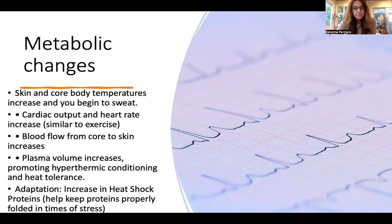So different metabolic changes. There are so many. Here are some. Obviously your body temperature goes up, so now you begin to sweat. When you sweat, you increase your cardiac output and your heart rate. It's actually quite similar to exercise. Your blood flow increases from the core to your skin, and your plasma volume increases because you get shunting into